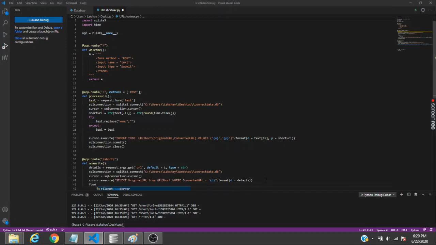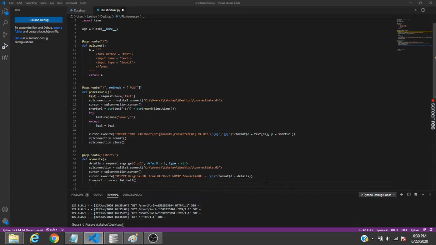So we'll say found URL equals cursor.fetchall, bracket open bracket close. We say redirect URL equals found URL,